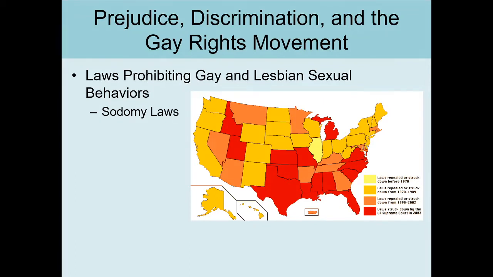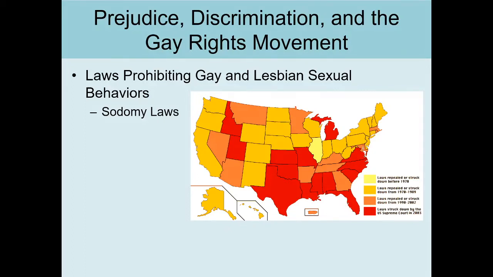But the truth was they were mainly used to prohibit same-sex sexual behavior. And so they were typically used against gays and lesbians. In the South, it was illegal to sell dildos. And so there would be these underground sex toy parties, kind of like Tupperware parties. And you'd have to be on the down low, man, because they were selling illegal things.